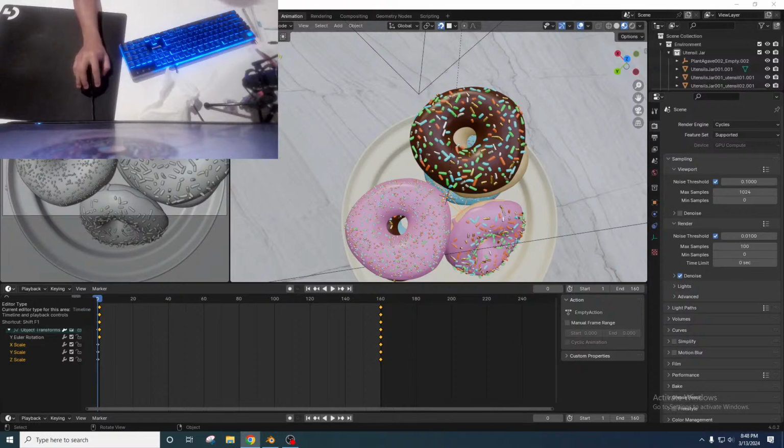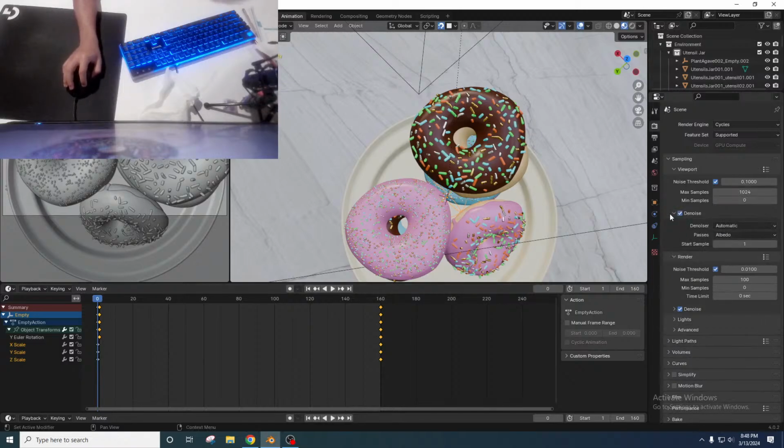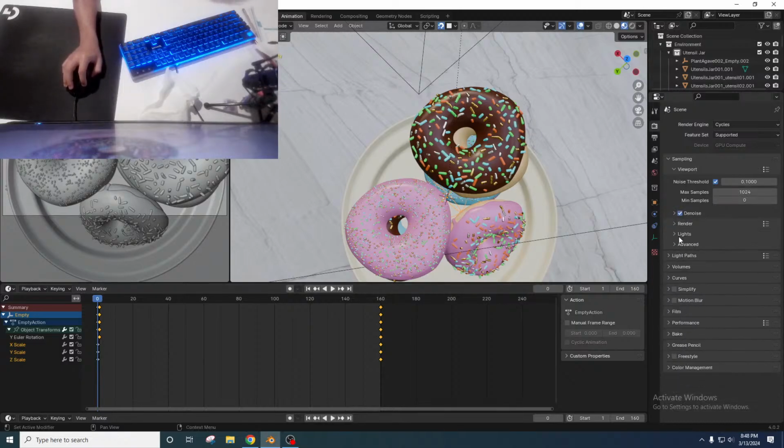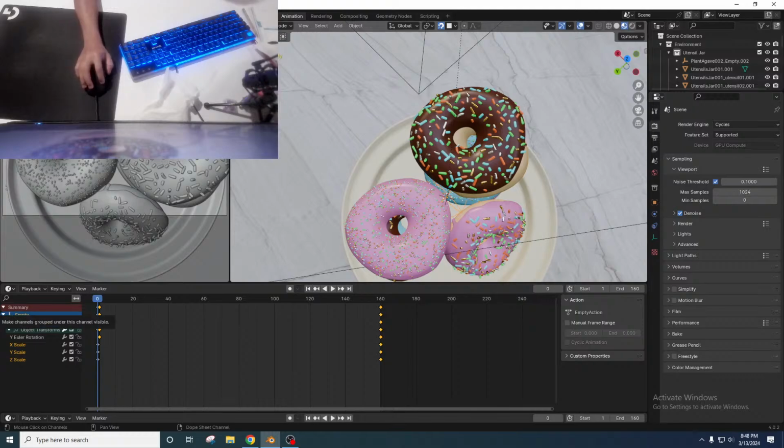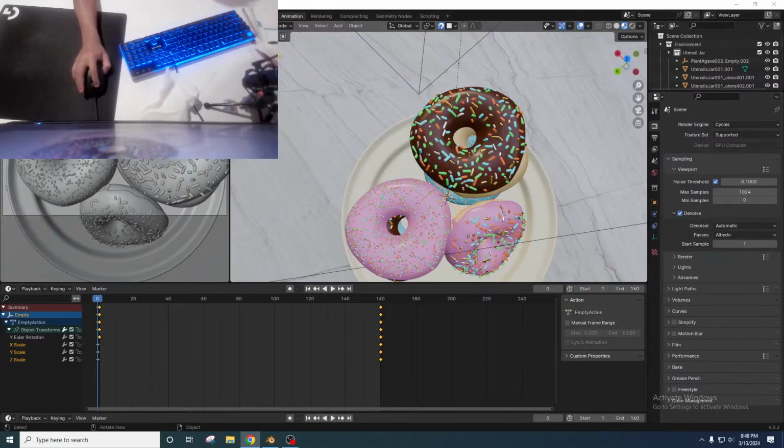Now, there is the magical denoise function, which we will be using. It does solve a lot. It's definitely helpful, but it's not perfect, especially for animations, because on each frame, even though the sample variation is set to be stable, there will be variances frame to frame. So if you're using a low sample count, this AI denoiser will do its best, but it'll still have splotchy patterns that will appear. And you can actually notice it if you